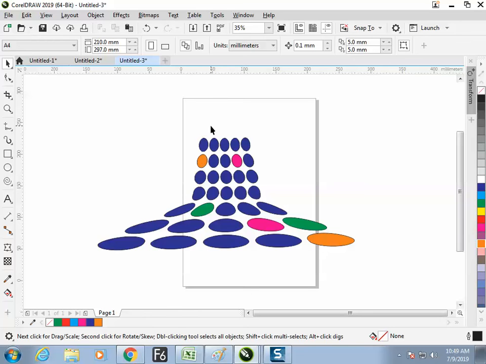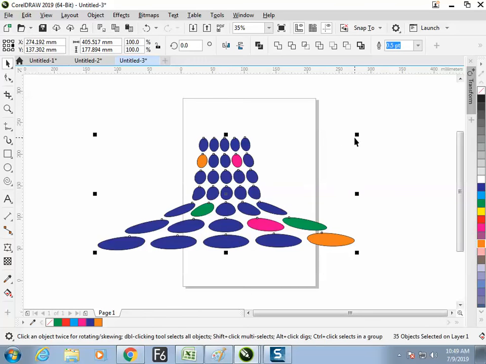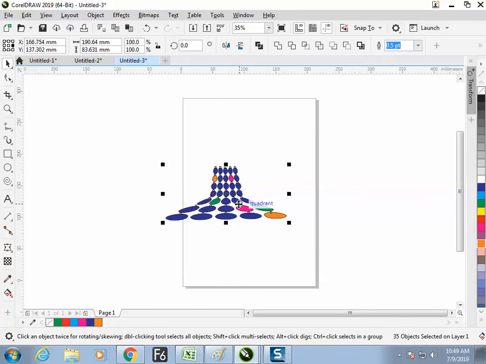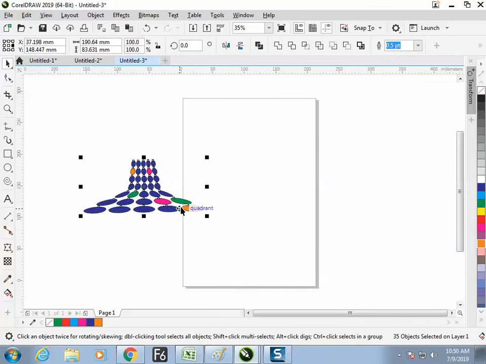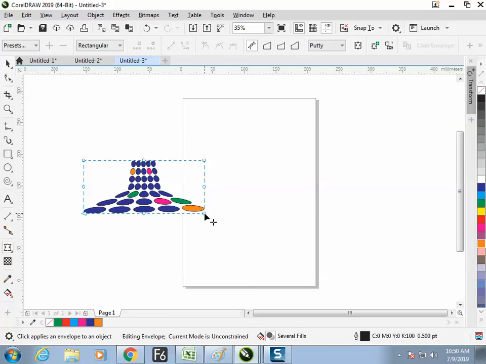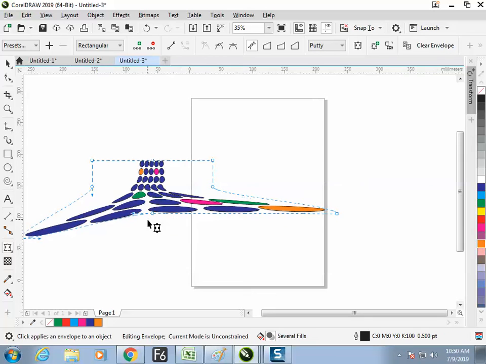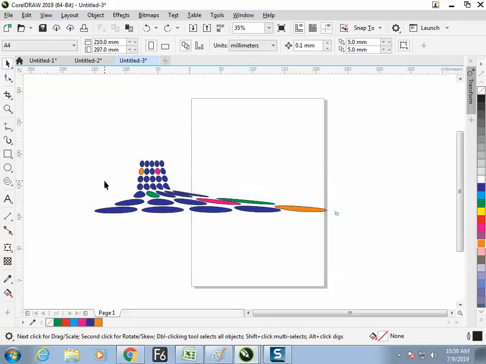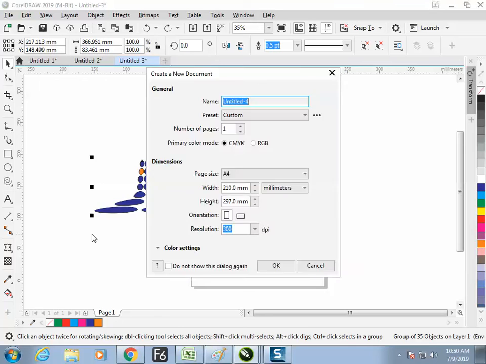Right? How to make multiple objects get distorted. Then again group, give a right click, switch to the option grouping and envelope. It depends on how you want to distort it. That's okay. Next,